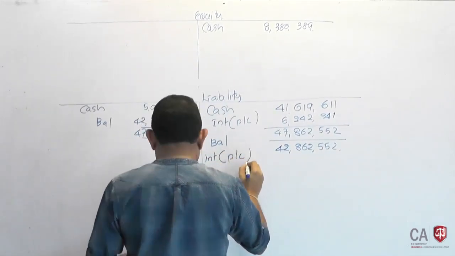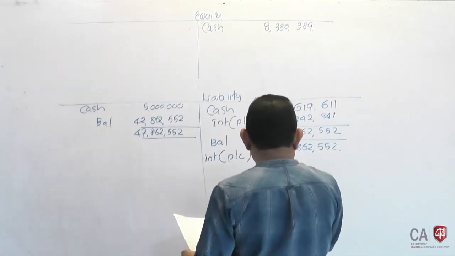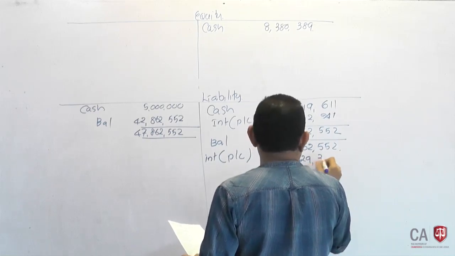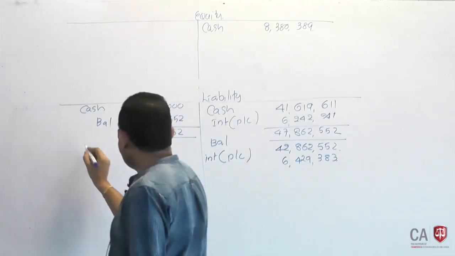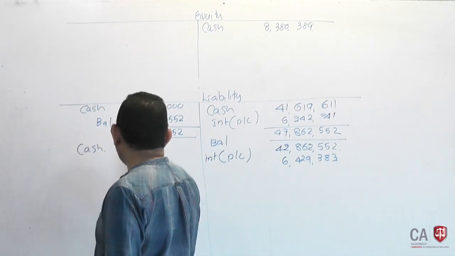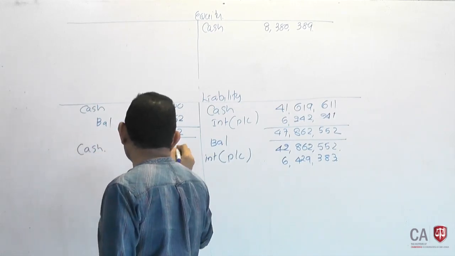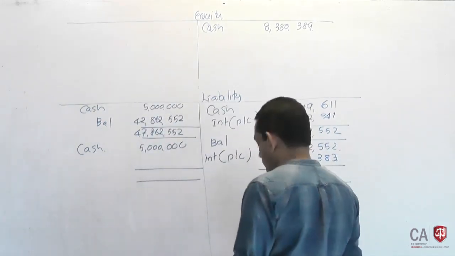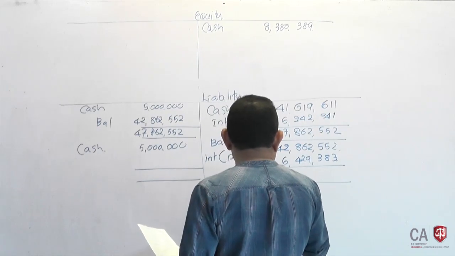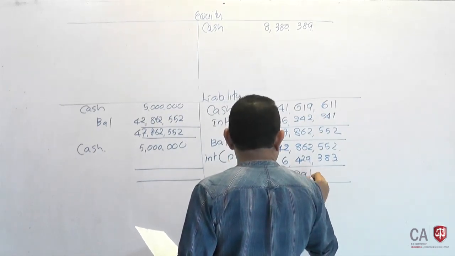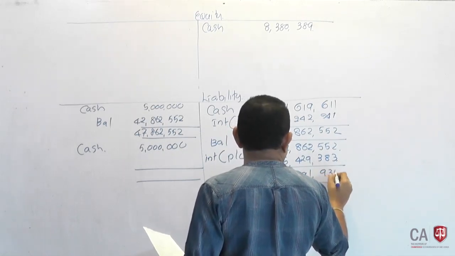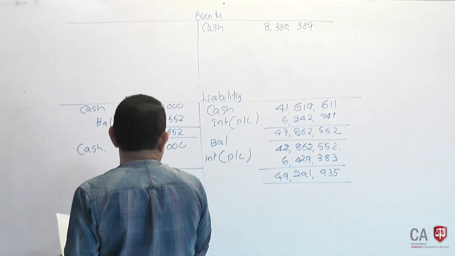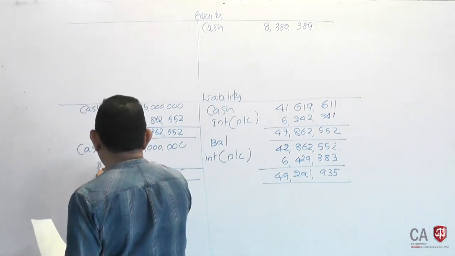Interest 6,429,383, and you keep on paying interest of 5 million, credit cash and debit to liability. So, this is 49,291,935. So, the balance is